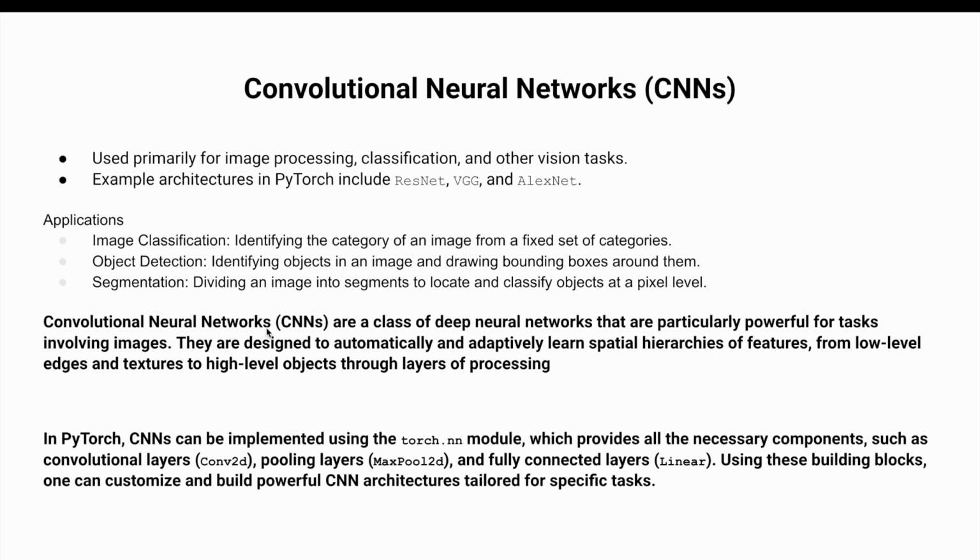And convolutional neural networks are a class of deep neural networks that are particularly powerful for tasks involving images. They are designed to automatically and adaptively learn spatial hierarchies of features from low-level edges and textures to high-level objects